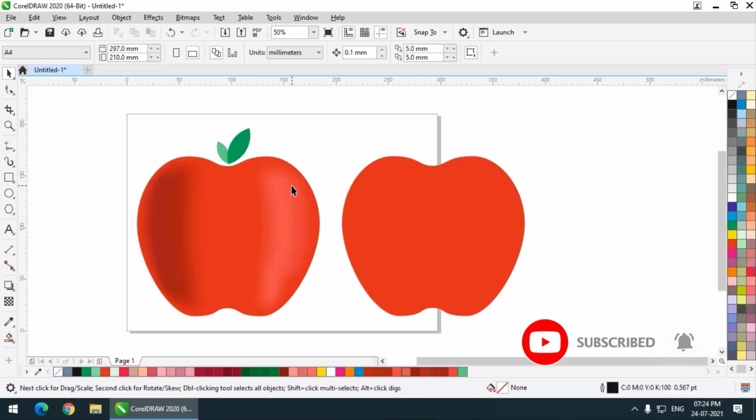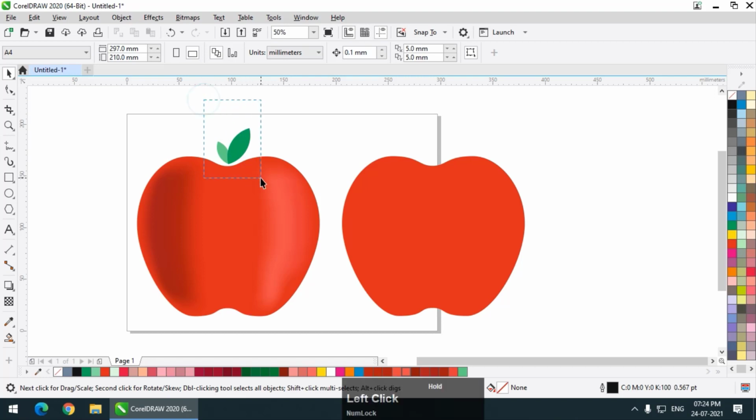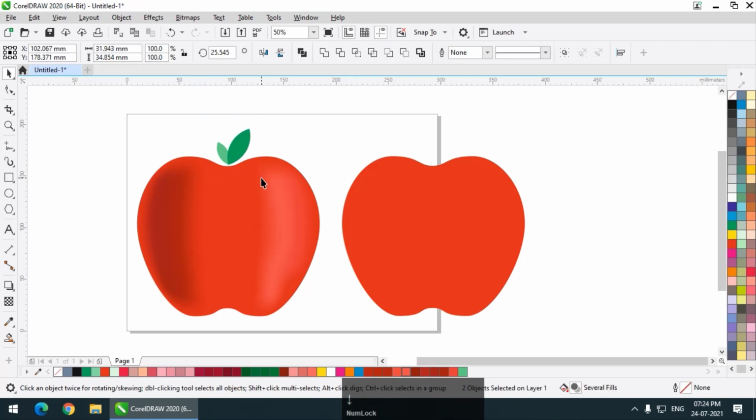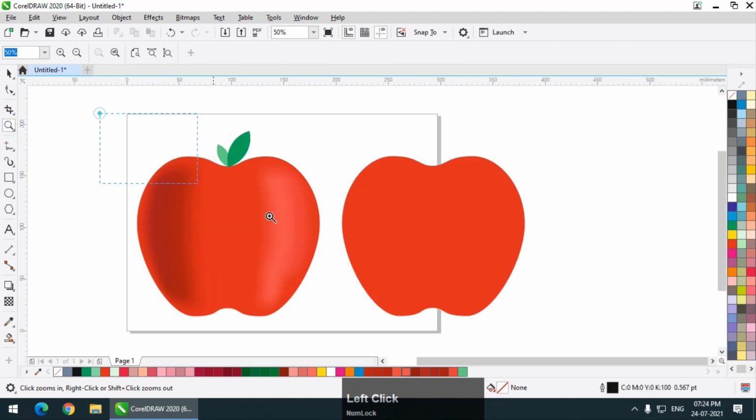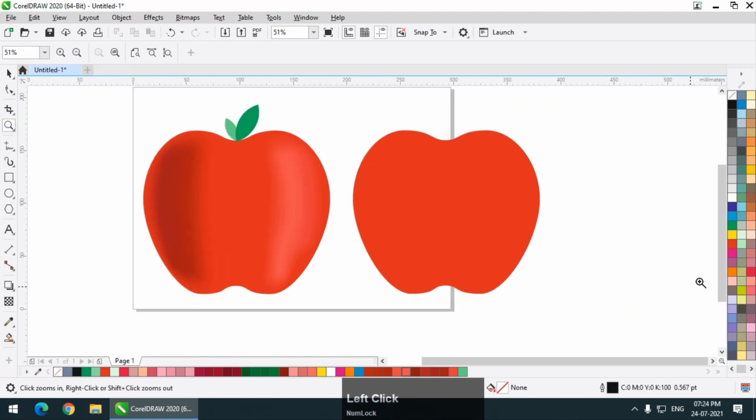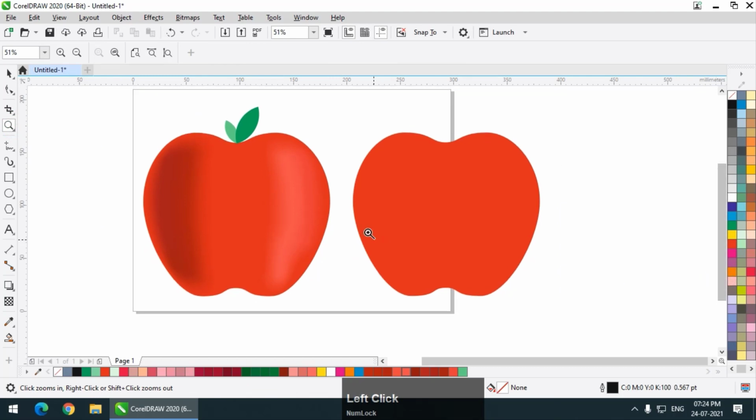It looks pretty good to me. You can tell me if it is looking good or not. So this is basically, you may say this looks like a tomato, but nonetheless it is looking a bit realistic. So I suggest you do give it a try and use different shades, use different fruits, maybe you will have fun definitely. So this was the mesh tool in CorelDRAW.